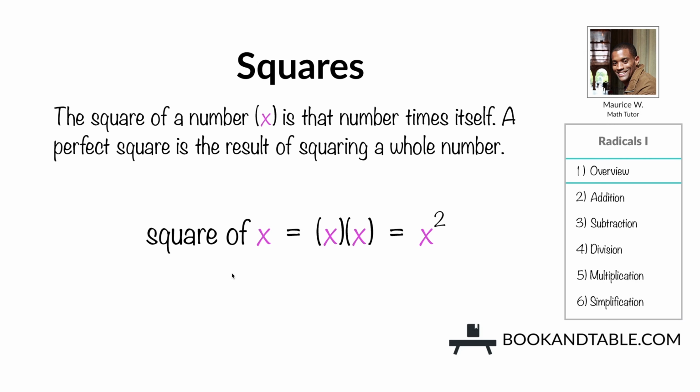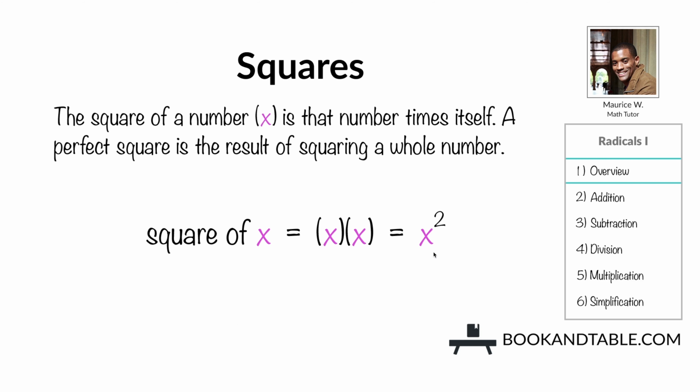So let's first discuss squares and square roots. The square of a number, x, is that number times itself. A perfect square is the result of squaring a whole number. So let's first discuss this first statement. The square of x is equal to x times itself, x times x, which gives us a perfect square, which